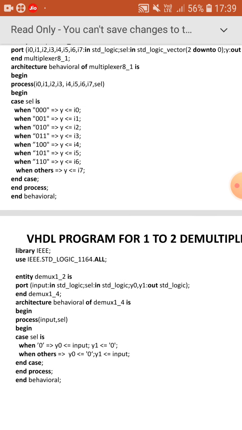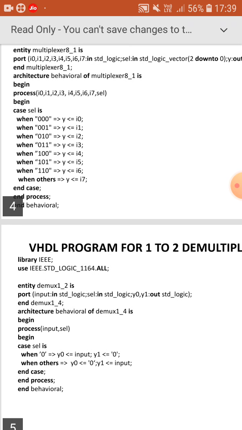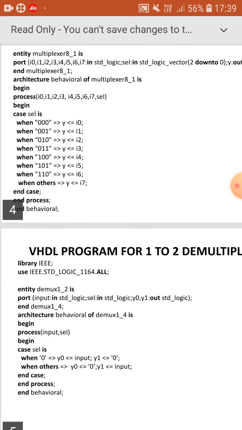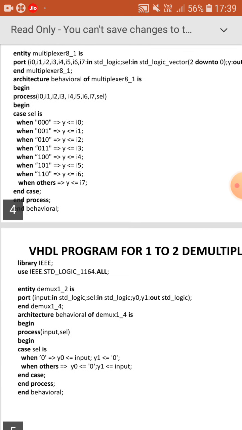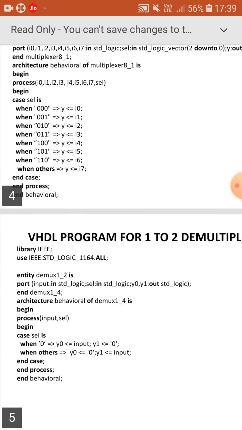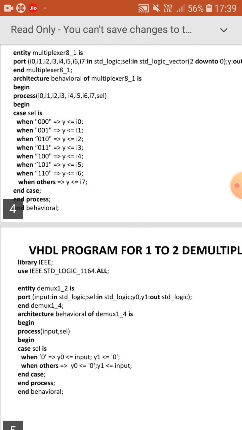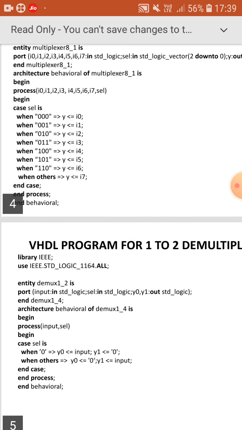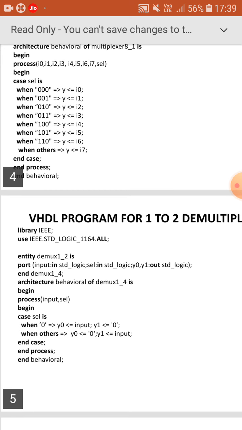So here when SCL is 0, 0, 0, then I0 will be assigned to y. When SCL is 0, 0, 1, then I1 will be assigned to y. When SCL is 0, 1, 0, then I2 will be assigned to y.